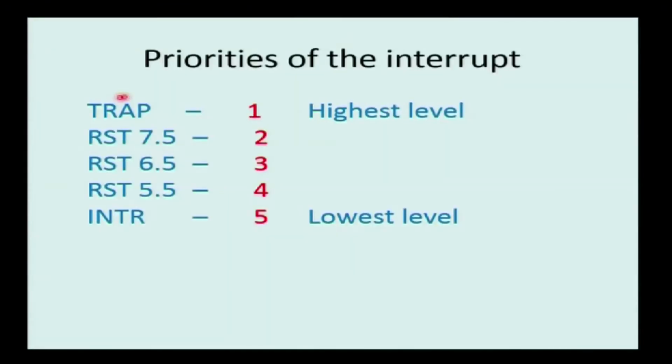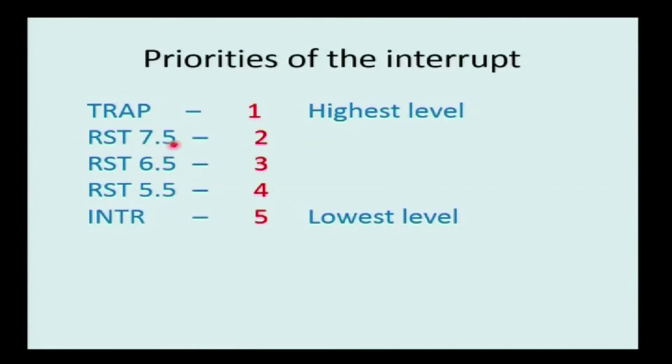How does it accept? Based on the highest priority level. It will accept the highest priority level first, then the next priority level. Suppose two interrupts send a request at the same time, one is a high level interrupt and the other is low level. At that time the processor will automatically accept only the high level interrupt request, and the low level interrupt will be ignored. So, it has to send the request again.